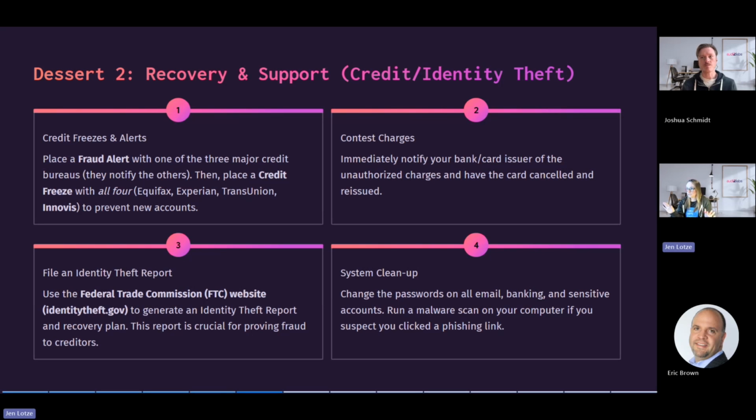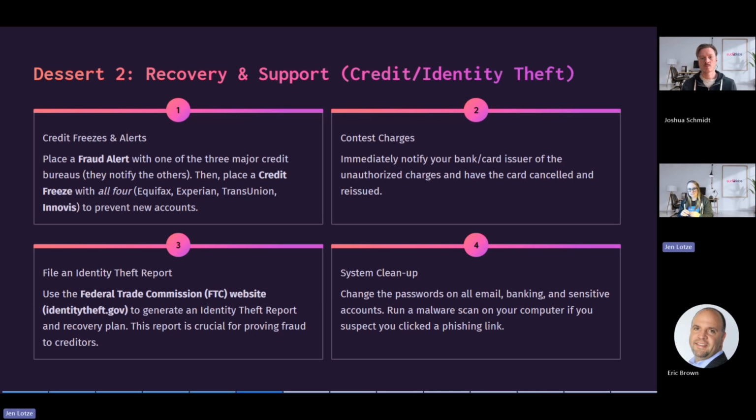Immediately contest any charges, right? Like click that fraud alert, go on to a device that you know is safe, and contest the charges. Say like, this wasn't me. Don't wait. Don't sit on it. You're going to go to another federal site, the FTC, and you're going to generate an identity theft report. This is just like IC3. They are looking for patterns of behavior again, so they can start to clean it up.